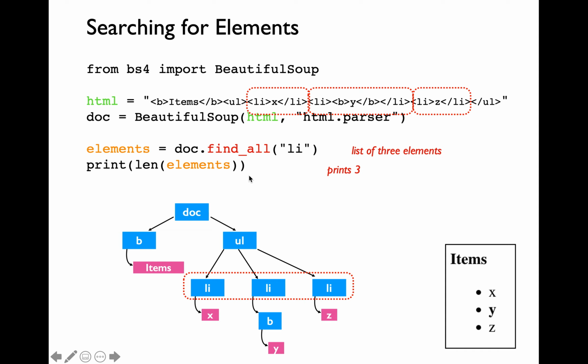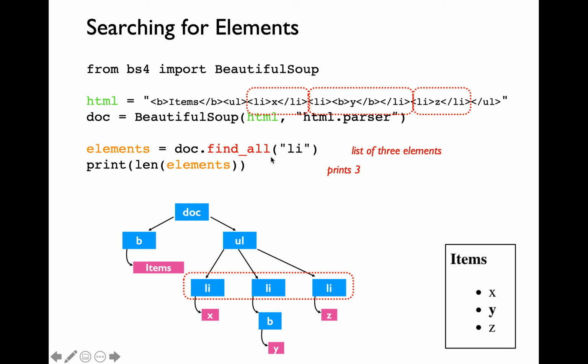The next function that I want to talk about is the find_all function. As the name of this function suggests, it is going to enable us to find all the elements which have the name which is passed as argument to that particular function. We are going to invoke the find_all function on the doc variable that will enable us to find all the li elements within the entire DOM tree, which represents the HTML file format. Recall that li stands for list item.